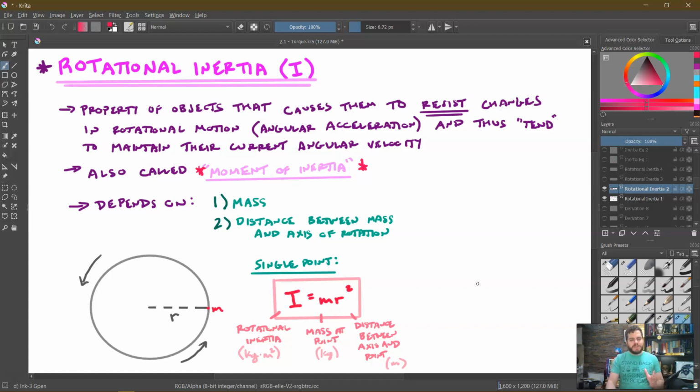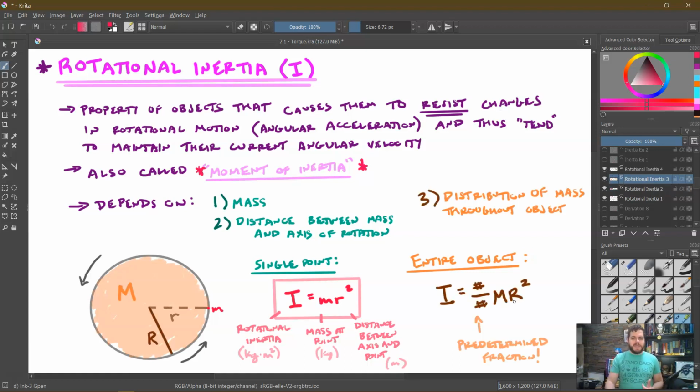And we take this equation and we expand it into a bunch of different equations that all have the same form for the rotational inertia of an entire object. That form is going to be something like this, where I is equal to some fraction times mr squared, where m is the entire mass of the object and r is the entire radius of the object. Now this fraction is some numerical fraction. It could be 1 over 2, 2 over 3, 2 over 5, 3 over 7. I don't know. This fraction is particularly dependent on